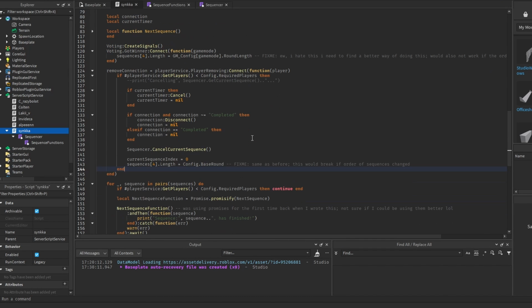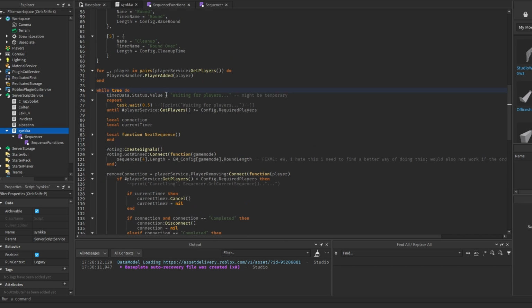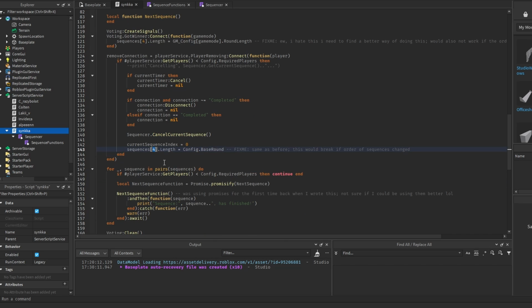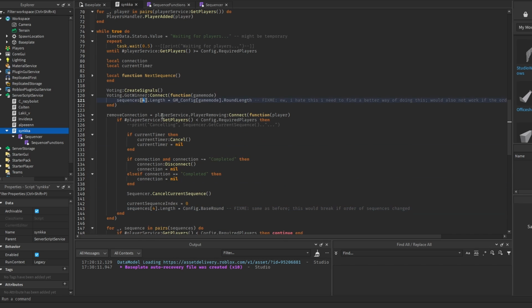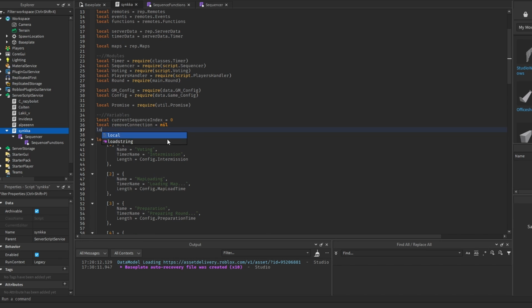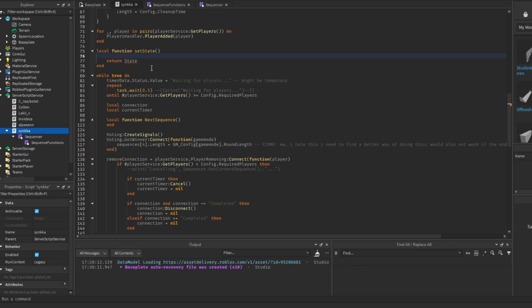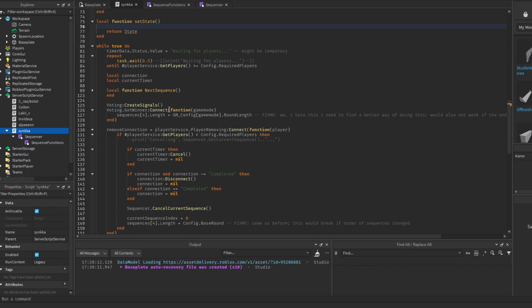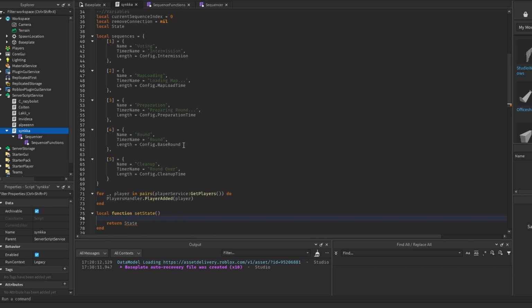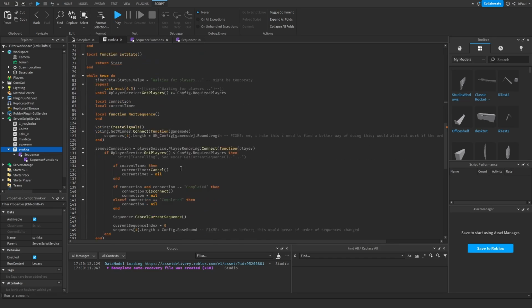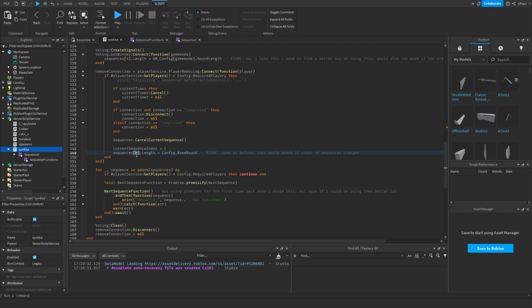So what I would personally do would be to have a different function which would just check the state. Instead of using sequence from for, you would have a state variable right here and a function which would return the state and also change it depending on, let's say, which point of the sequence the code was currently running in. So instead of doing sequences from for, you would just do sequences from getState, same with